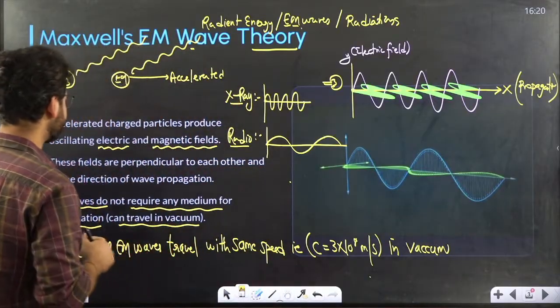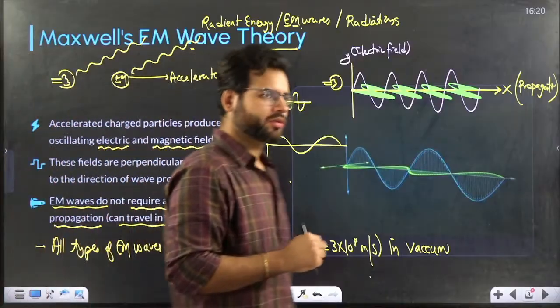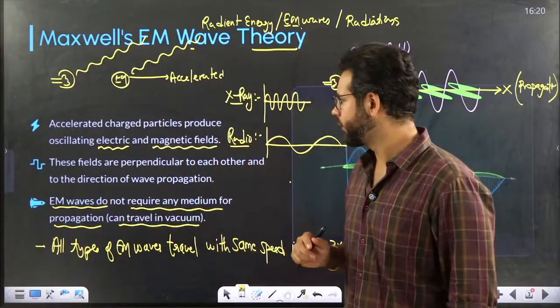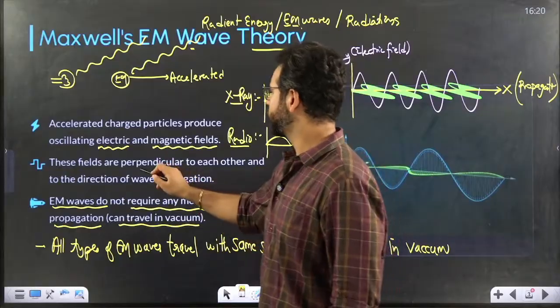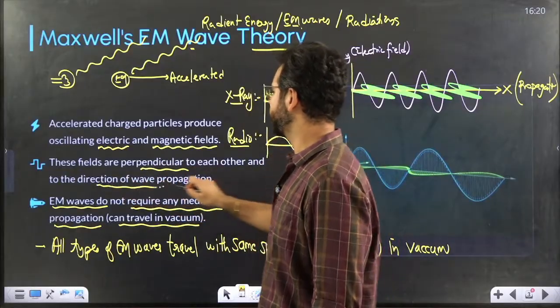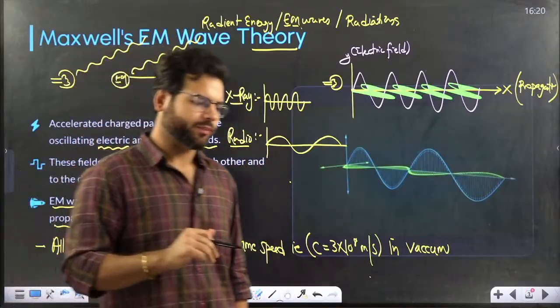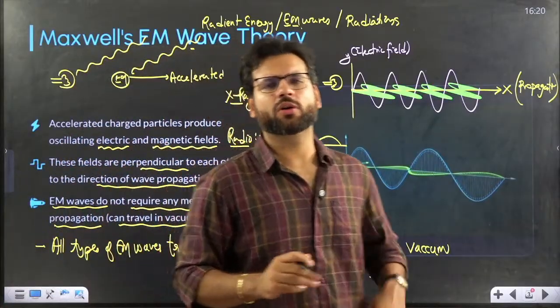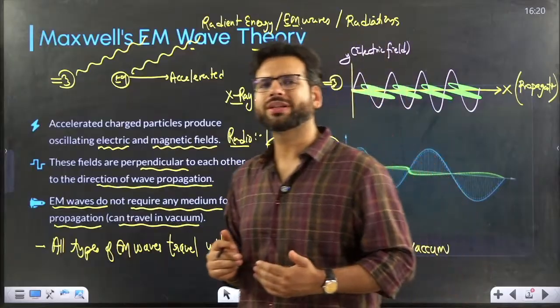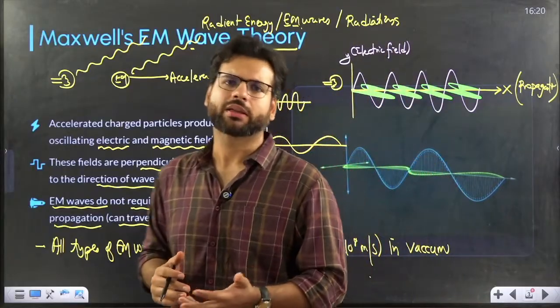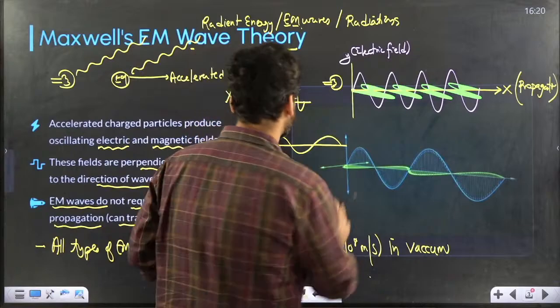So this is the one, right? So this is how these waves look like. They are perpendicular to each other and to the direction of propagation of the wave. These are the points told by Maxwell. Now he says, whenever you want to know about a wave more, you should know its characteristics. The characteristics of waves are,